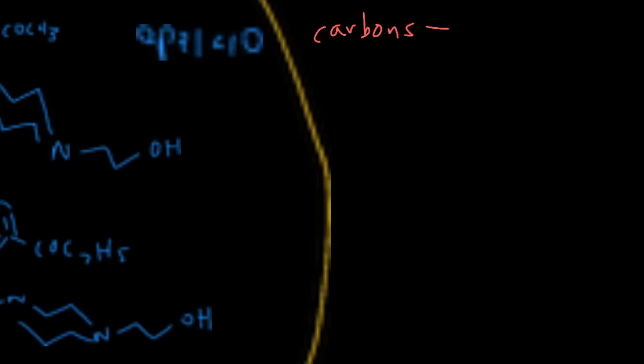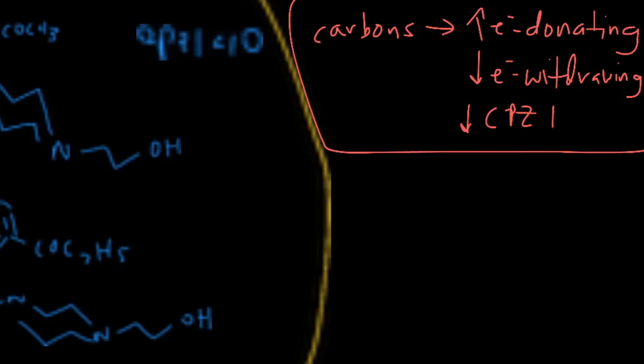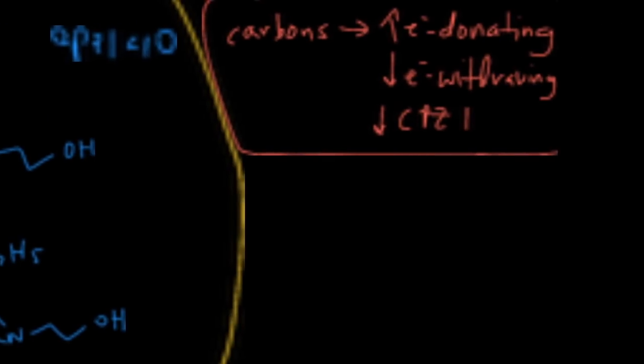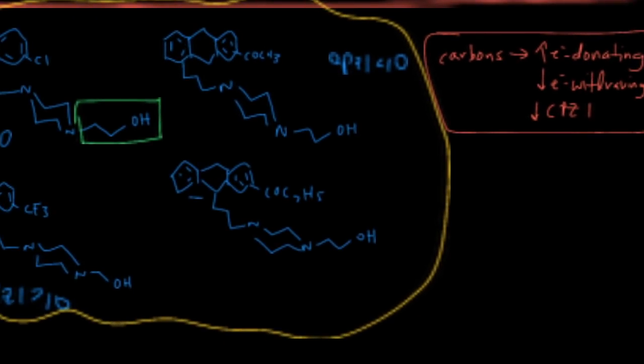Carbons lead to more electron donating, less electron withdrawing, therefore lowering the CpZi. Okay. Tattoo that in your mind, or your right leg, or your left leg, or both. Let's see. So, if I said carbons are less electron withdrawing, therefore decreasing the CpZi,